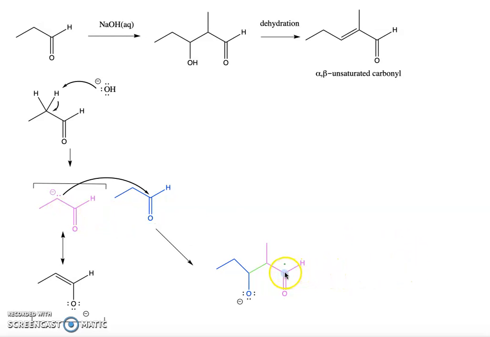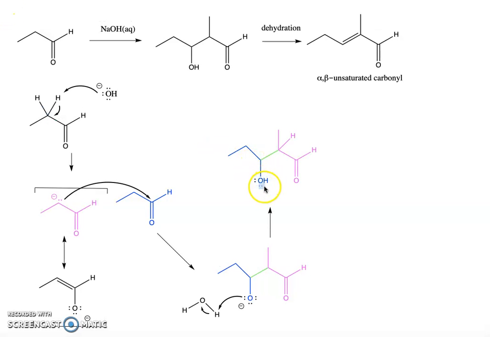You can see it still has the C double bond O, and the aldehyde that got attacked by the enolate is no longer having a C double bond O. It has this O minus and is in blue, and the new bond made between the two is right here. Now, at the end of this reaction, this oxygen is protonated, probably by a molecule of water, giving us our